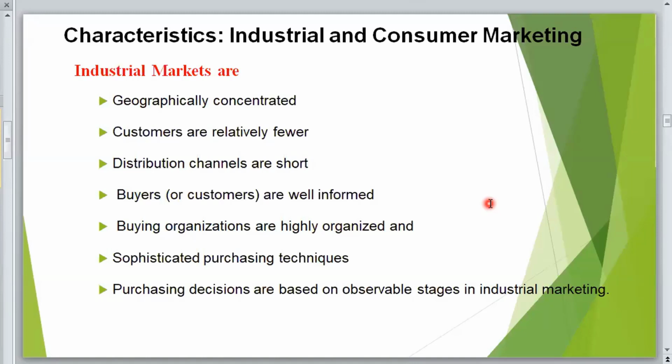Customers are relatively few። ለምሳሌ ኢትዮጵያ ውስጥ ያሉ ድርጅቶችን ብታዩ as compared with consumer market ከ110 ሚሊዮን consumer market ጋር ብታስተያዩት በጣም few ነው ማለት ነው።